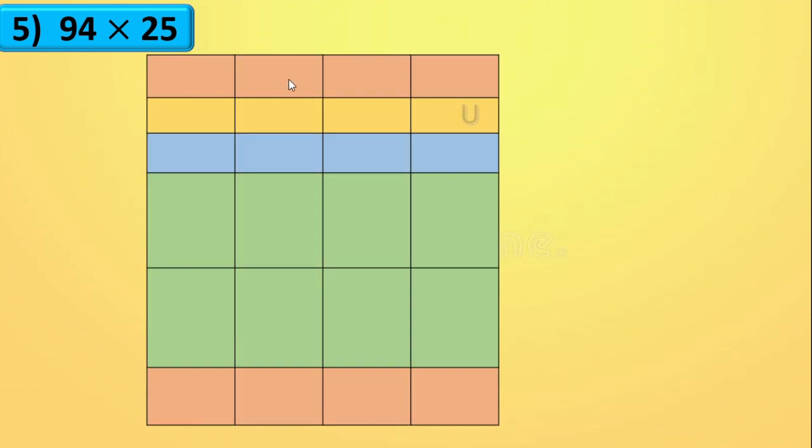94 multiplied by 25. See here, unit, tens, hundreds, thousands place. Okay. 4 and 9 in unit tens place. 4 in unit place and 9 in tens place multiplied by 5 unit 2 tens. Now we will start. 5 fours are 20, isn't it? So 0 will remain here, 2 will be carried over to the tens column. See this first row for carried over after multiplying with the units. Okay, so we will use this first.